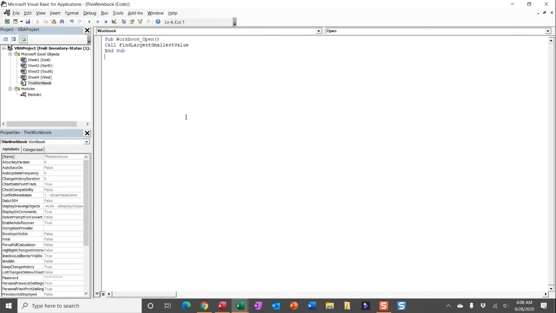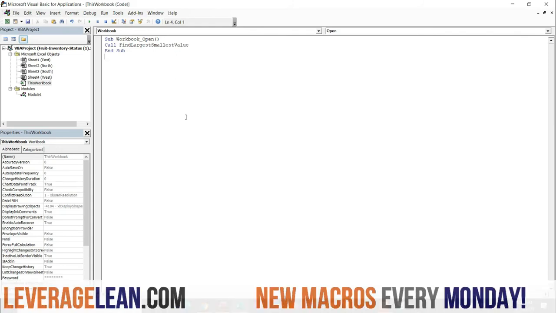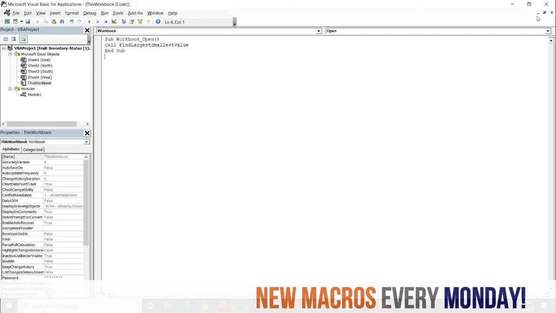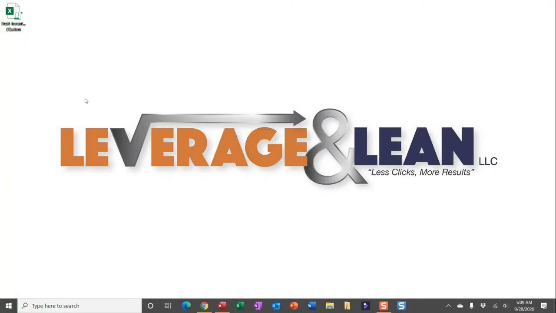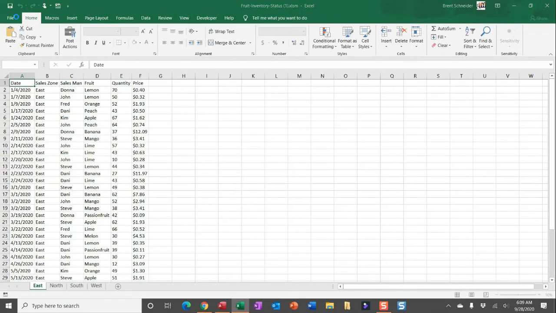And then you just want to save this workbook somewhere and open it. And I can actually show you that. I'll go ahead and save this workbook and show you what this looks like. So you can see I have this workbook saved on my desktop. And now the next time I open it, that macro will run in the current state and then display that message box showing the worksheet name, so south, and then you can see east for the minimum, and then the max and minimum values in that message box,